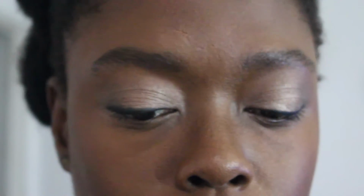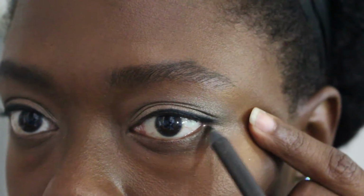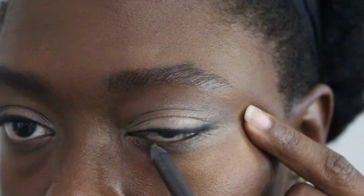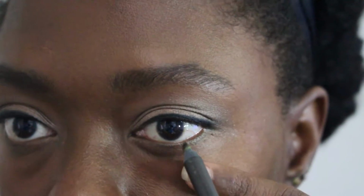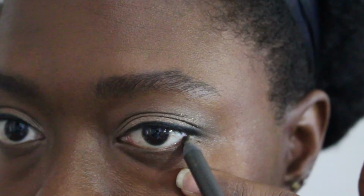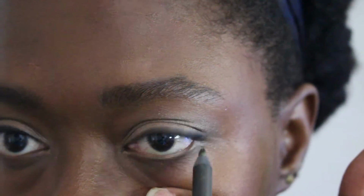Now I'm going to take this olive green liner from MAC Cosmetics. I also think that this liner is discontinued, but I will place dupes for this liner again in my blog post below. I'm lining the outer 2/3 of the eye. So I'm trying to reinforce that olive green color. So I first started with the shadow, which is slightly lighter. And then I'm moving in with this eyeliner, which is a slightly darker shade. So I'm making it a very soft wash of olive green and